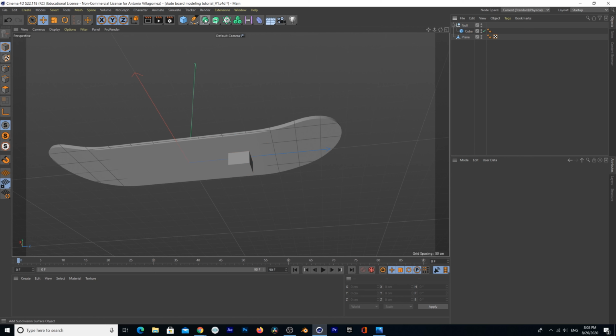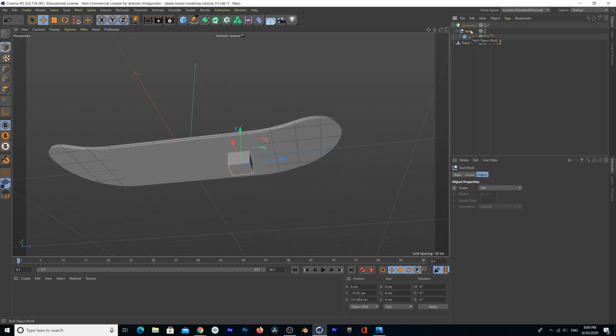We're going to go over here, and this is the subdivision surface, and we're going to click on it, and then we're going to click on symmetry. We need to make this cube a child of the symmetry, and to do that, we just click on the null and bring it under, but make sure that the arrow is not pointing to the left but pointing down, because if it's pointing to the left it's going to put it on the same level, but what we want is for it to be a level down, or a child of the symmetry. So once you see the arrow pointing down, you let go, and now